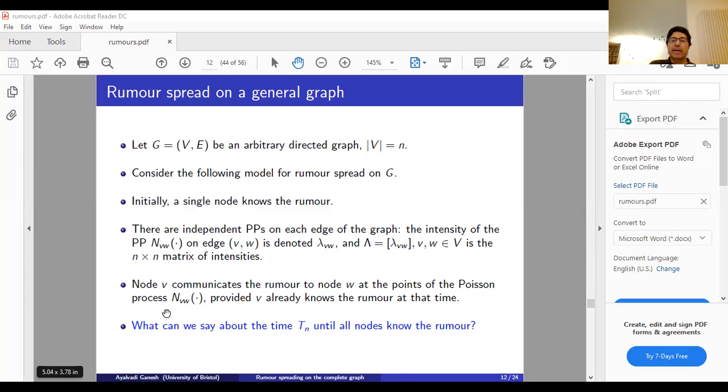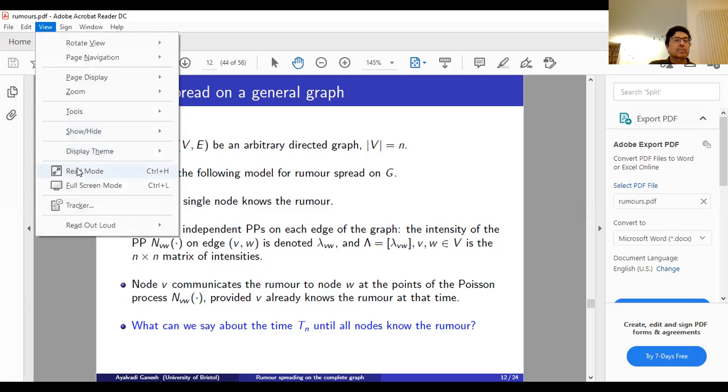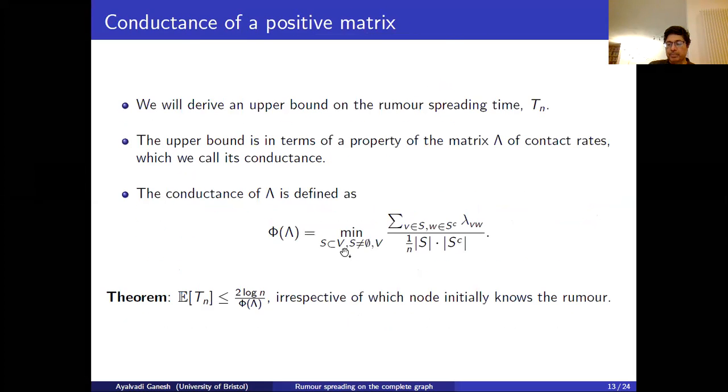So that's the model. Take a moment to make sure you understand it. The question we are interested in is again the same. What's the first time that all the nodes know the rumour? So we are going to derive an upper bound on this time, the rumour spreading time, until all nodes